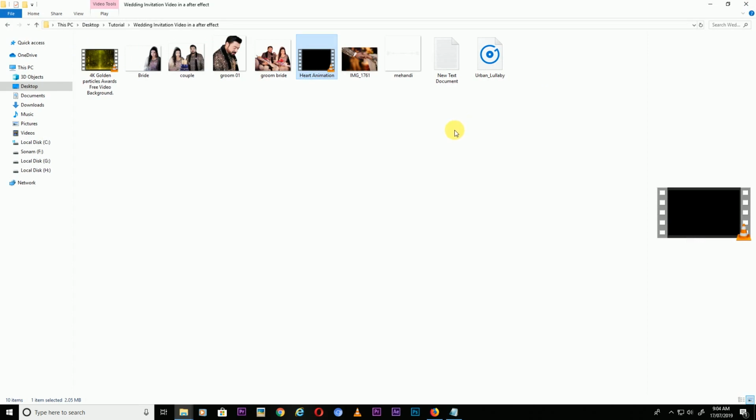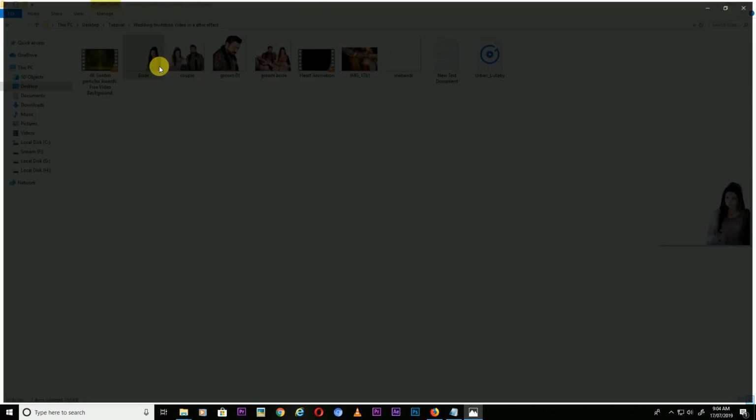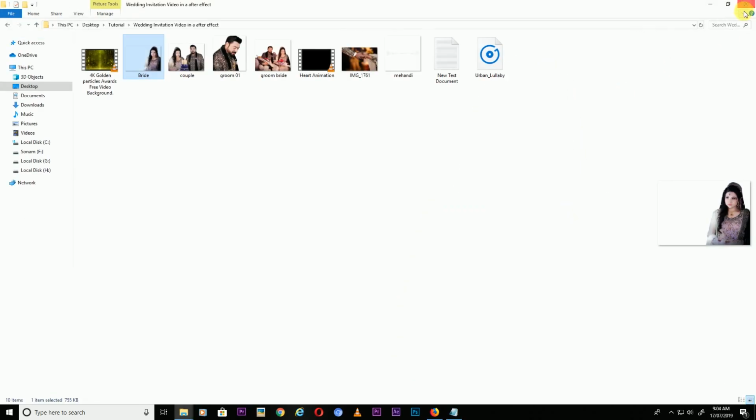After this, I have made PNG images in Photoshop. I just deleted the background and converted them into PNG. So this is a single bride image, groom and bride together, bride and groom alone, and this one pic and hand pic I have. And I have this one